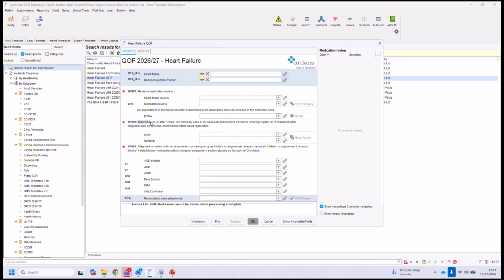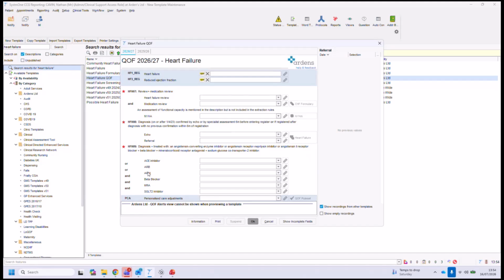Likewise, with regards to when you're diagnosing them. And again, you can see it's telling you there. So, 6 months before entering the register. So it's either the echo codes, etc. Are all on there. So again, those codes would capture that indicator. Nice and simple. And then just one thing that's worth knowing here is the HF009 one. Like we said, they need those 4 medications or those 4 pillars of medication to help them with this. So again, it says, it's either an ACE, ARB or the ARNI.